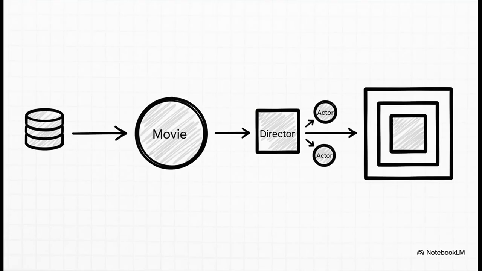And just look at this, it's so intuitive. Instead of thinking about tables and joins, you just follow the links. You start with a movie, you go to its director, you go to the actors. The query language actually mirrors the way your data is connected. You're just walking through the graph. And just like that, the join gymnastics are over.